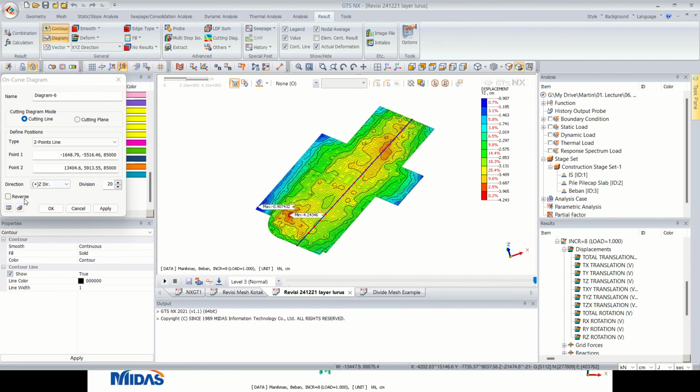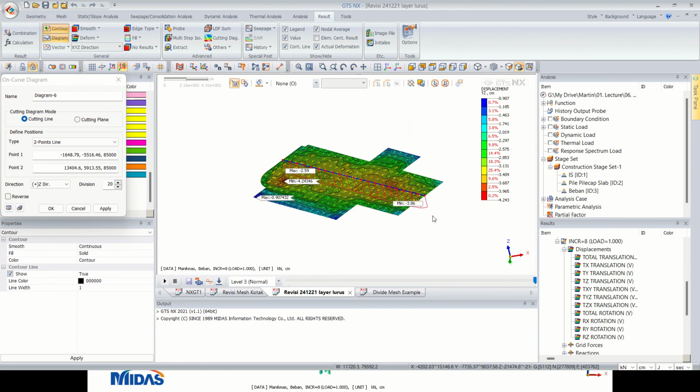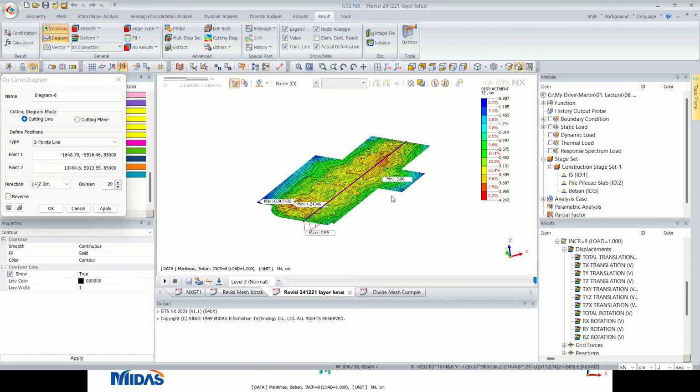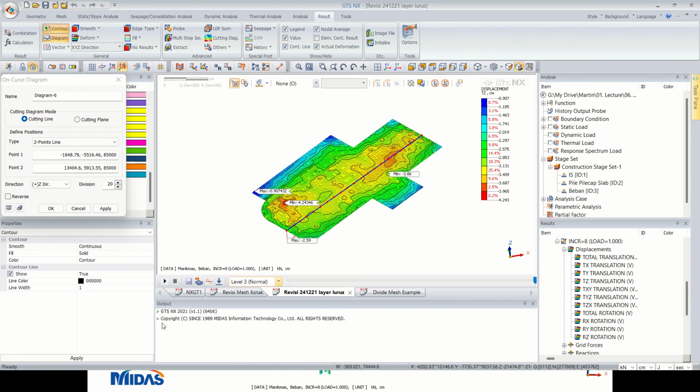Okay, same technique, but everything looks quite the same. So you won't have the problem with the distortion. This is why it is important to model the cut and fill process, because if you don't get the correct settlement contour, then you thought that you get a more conservative result, but you forget to consider that your buildings might experience differential settlement.